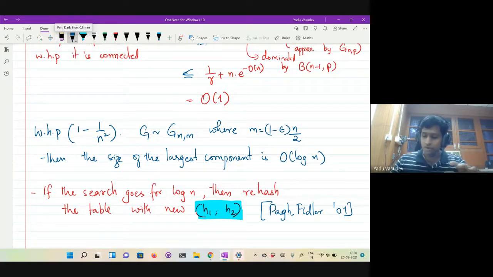So we will close hashing for now, and we will start the next module of this course, which is about Markov chains and random walks. These are again design tools for randomized algorithms. We'll see what these objects are and how they are used in the design of some very nice algorithms. So that's the next module of this course. We'll stop with hashing. I think we've covered a fair bit of different hashing algorithms, techniques and analysis.